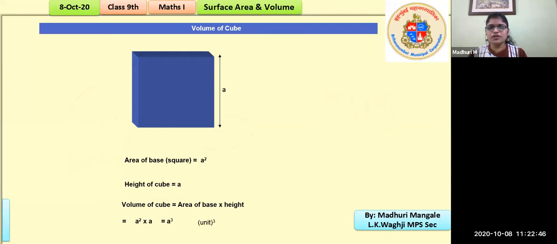Now let's move on to another shape, that is the cylinder. Now think of all the cylindrical shapes that you can see in real life. And we know it has a curved part, right? It has a curved part like this, and it has flat faces, one at the top and one at the bottom, correct? So what will be the curved surface area? What will be the total surface area? And how do we find the volume? So let's look at that.